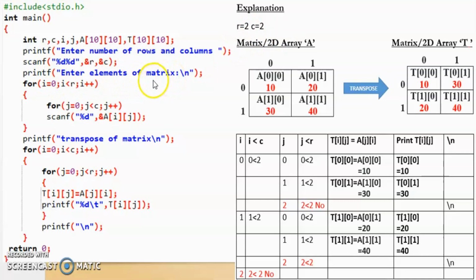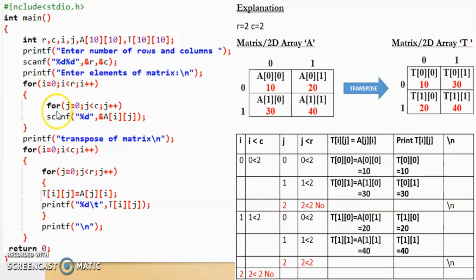How to enter elements in a two-dimensional array, I have already explained in detail in the video two-dimensional arrays part 1. So if you don't know how to enter elements in a two-dimensional array at runtime, please go through the video two-dimensional arrays part 1. So here I will just explain in brief. In order to enter elements in a two-dimensional array, we will use a nested for loop. The outer for loop will start from i equal to 0 because the rows in a two-dimensional array start from 0. It will go on till i less than r, where r is the number of rows.